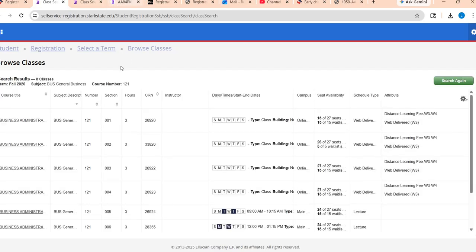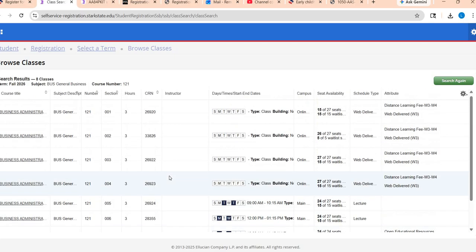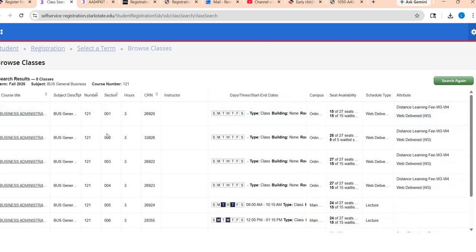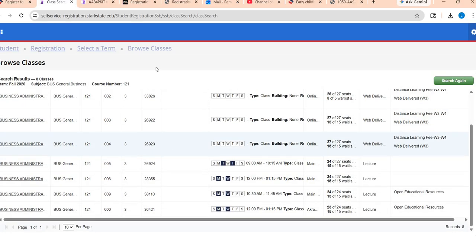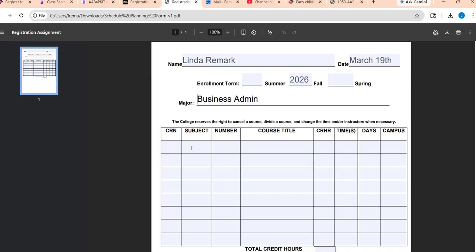So I'm going to hit search, and now I have all of my options here. It's only one page of them, but I can come up here and expand. So here's the offerings for business administration. So far on my actual registration form, I'm going to put here, the subject is the 3-letter, 121 is the number, course title